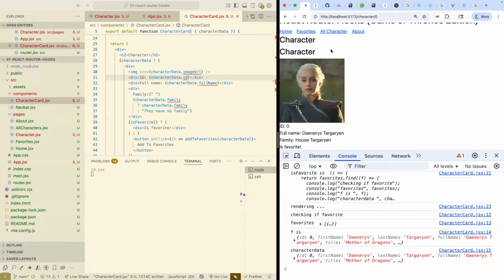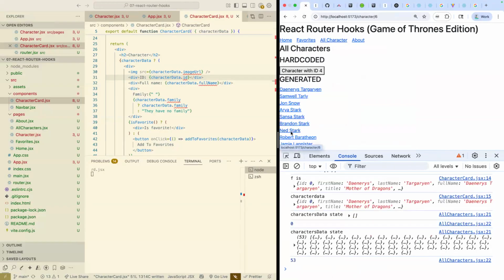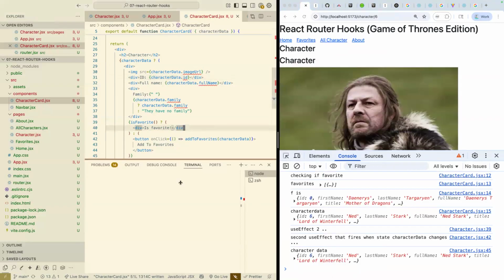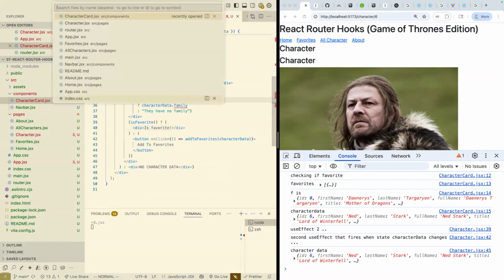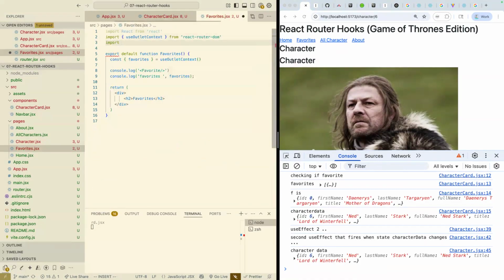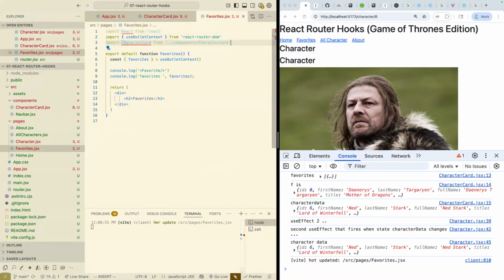And we can add Daenerys to favorites and we can see all our characters. And now that I've done all this work, I can go to my favorites page. I can import my character card with the correct path, and VS Code is doing some nice autocomplete for me. And I can go ahead and do favorites map. And let's go ahead and map it to